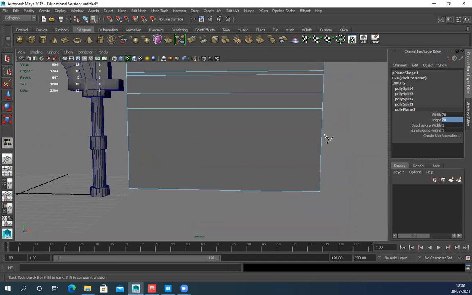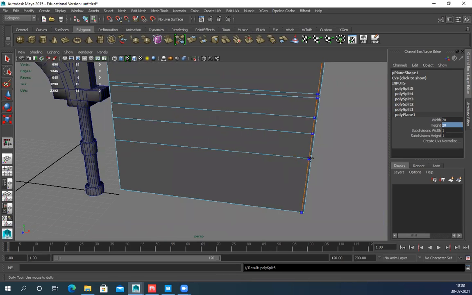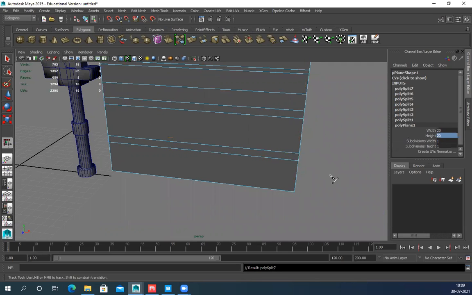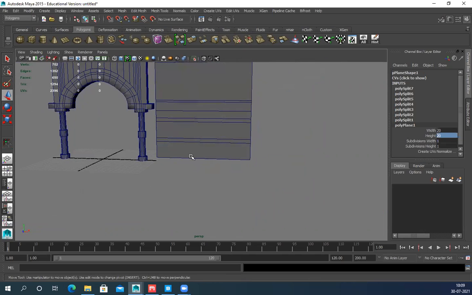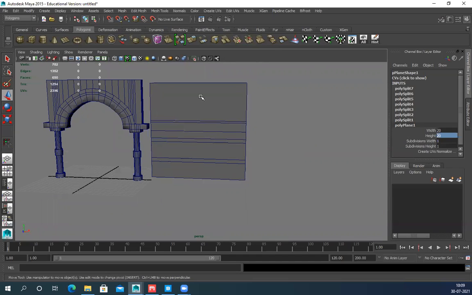Then we have this design. For this design you can see I have a thickness, so everywhere I have to add that thickness. That thickness should be somewhere here. Half thickness. That's it. I just added those loops, like lines, just to separate all the surfaces. So I created this thing and I'm going to texture this one, not this one.